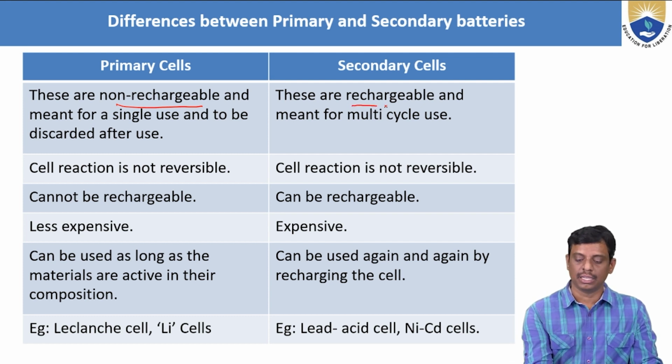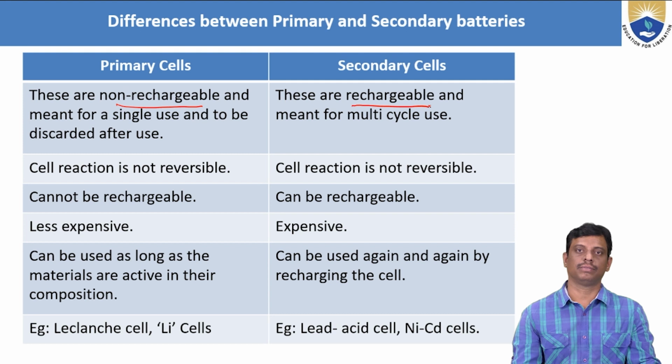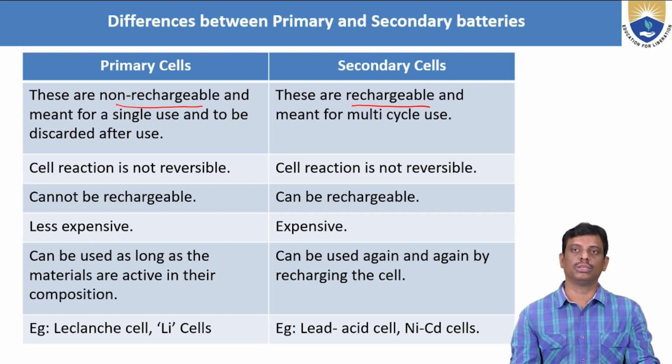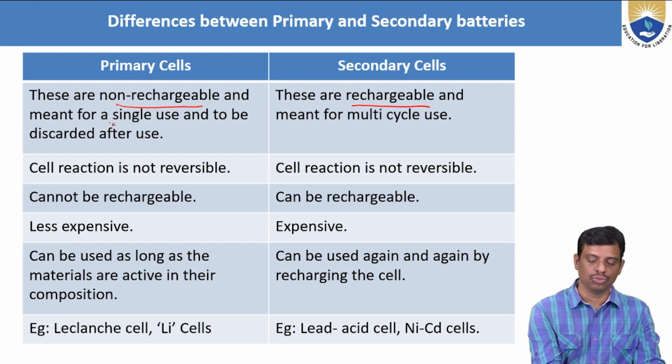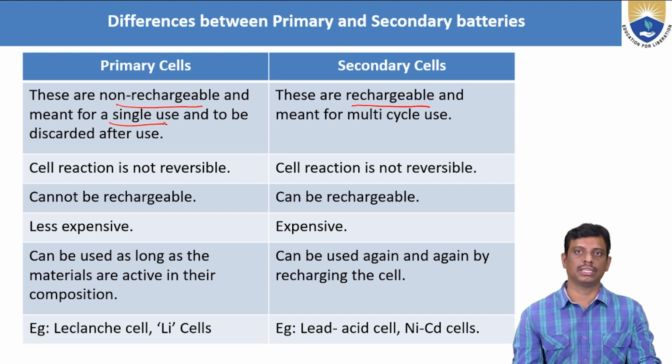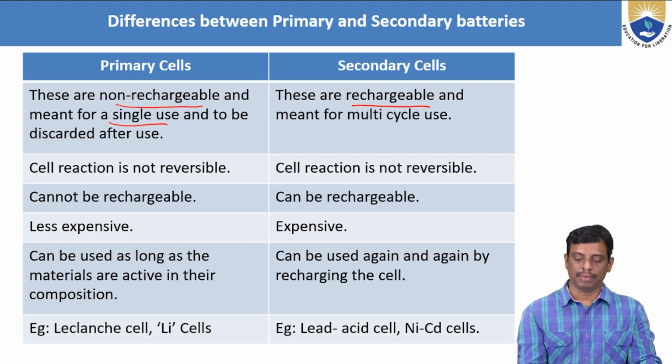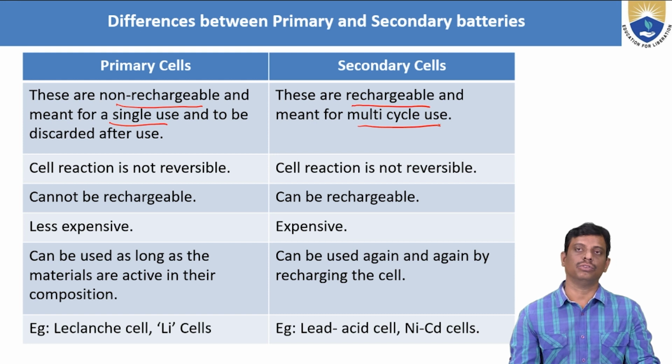Secondary batteries are the rechargeable batteries. Batteries that have rechargeable capacity are considered secondary batteries. It means these batteries have multi-cycle usage. Primary batteries are single use because only a single cycle happens. But here, in secondary batteries, there is charging and discharging capacity, so we can use them for multiple cycles.